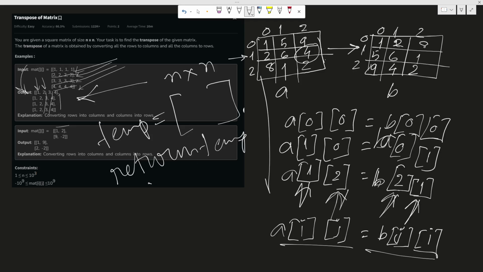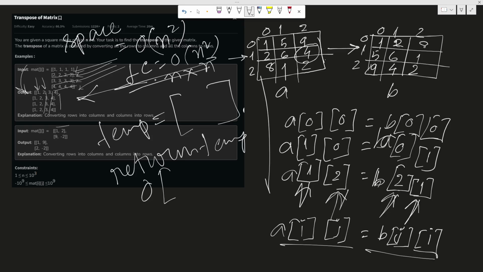But the space complexity would be big O of n square, as we are creating a new array of size n square, and the time complexity would also be big O of n square. Since there is no way we can get a more optimized solution in terms of time complexity,